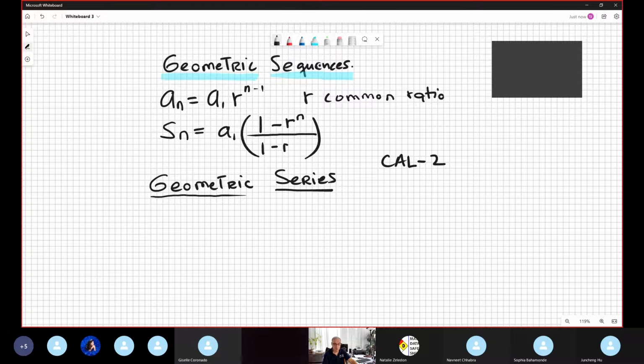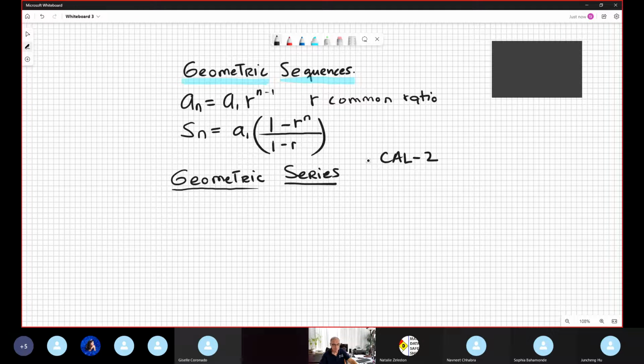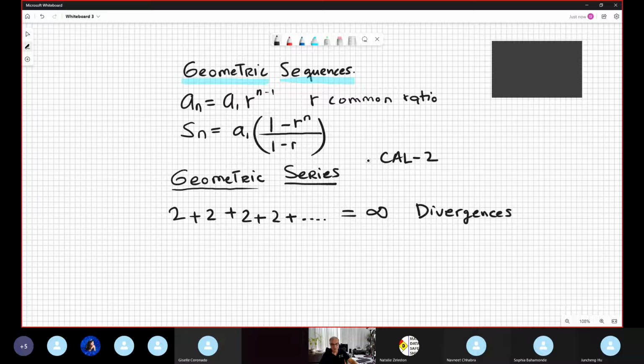Okay, what is that? The problem is, suppose that you have this situation. You are adding 2 plus 2 plus 2 plus 2, plus infinity 2. This is obviously increasing forever, no? And this is equal to infinity. When this situation happens, it is called the series is divergent. This is a technical word. The series diverges because it blows out